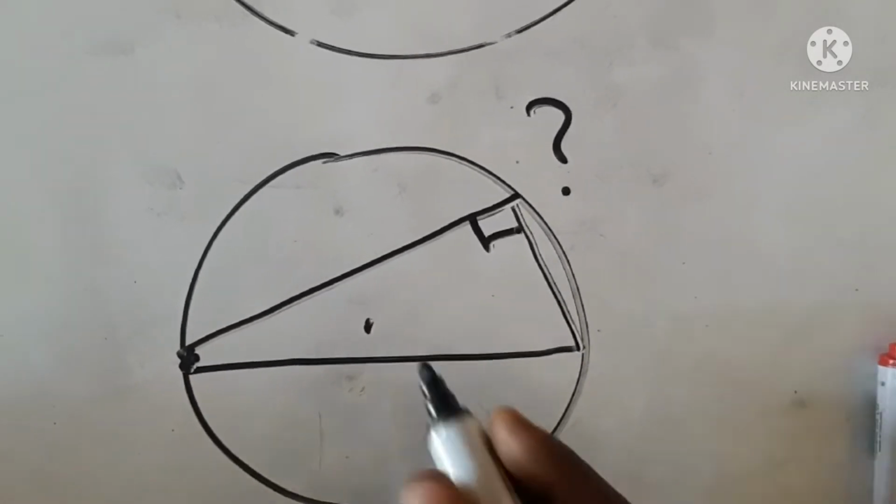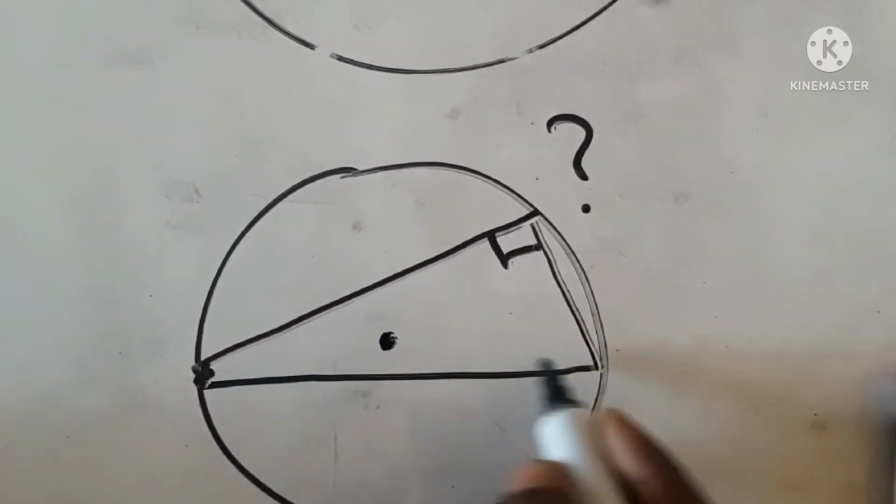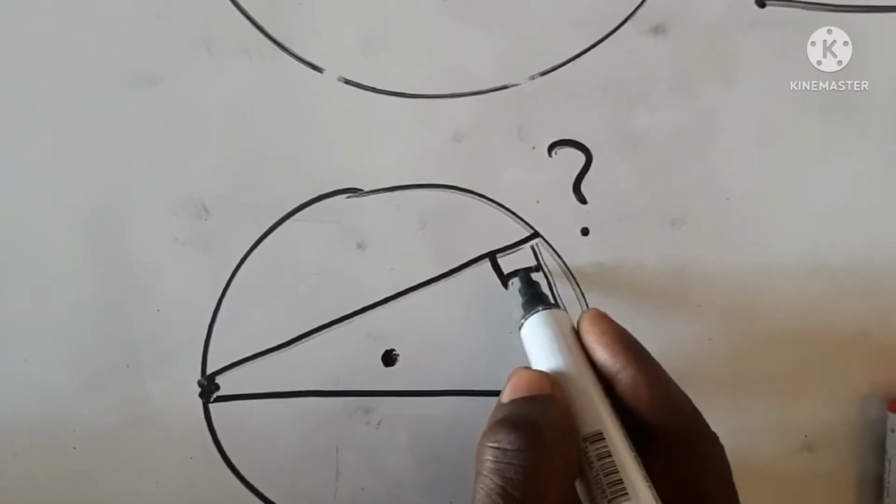Is that okay? So this is the center. You didn't pass through the center. Here, will this portion be